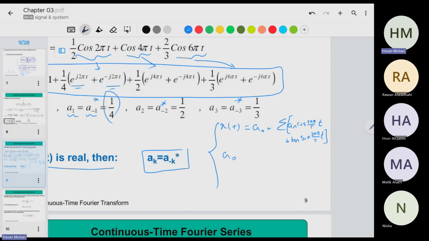How did you find A0? That's a DC value. How did you find AN? 2 over T. Yes, and for BN,